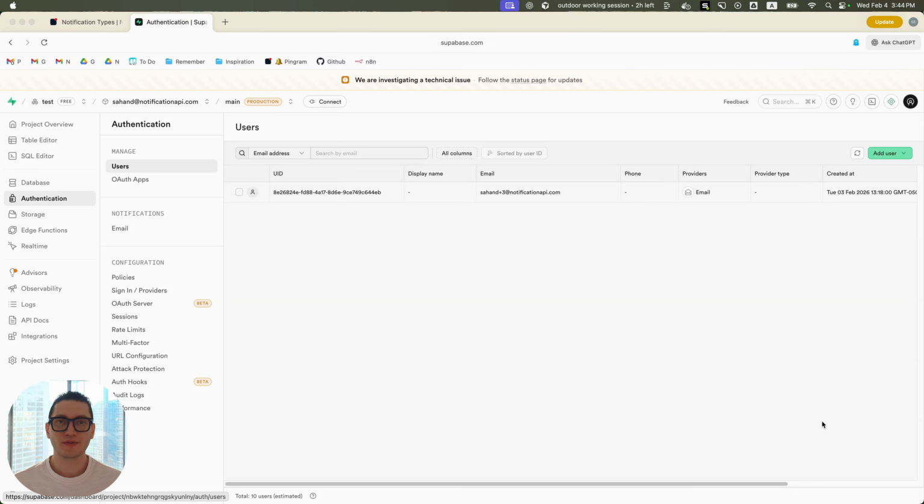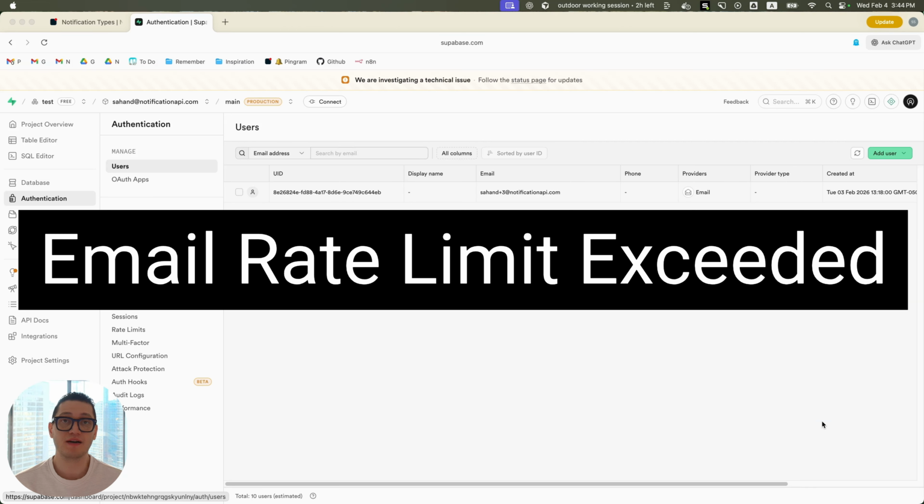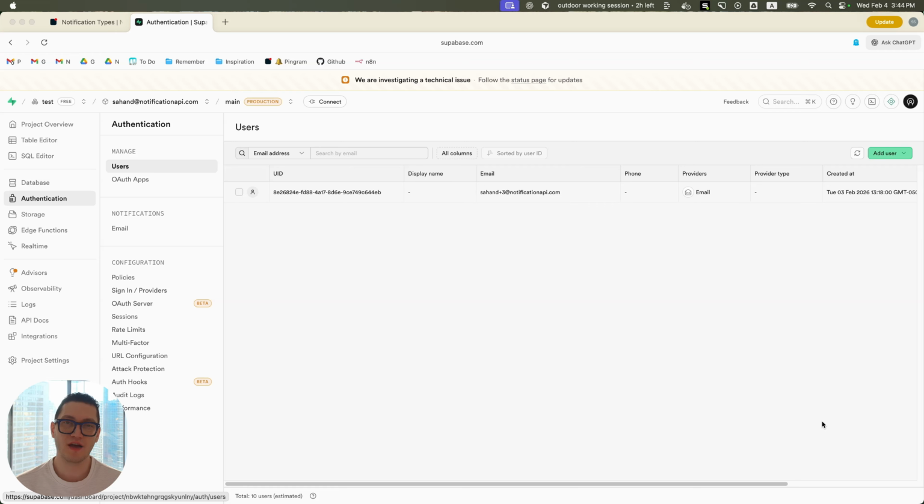Today, we want to route Supabase authentication emails to a third party. Now, why would we want to do that? Maybe you've hit this famous email rate limit exceeded error, or maybe you just want to send the authentication emails